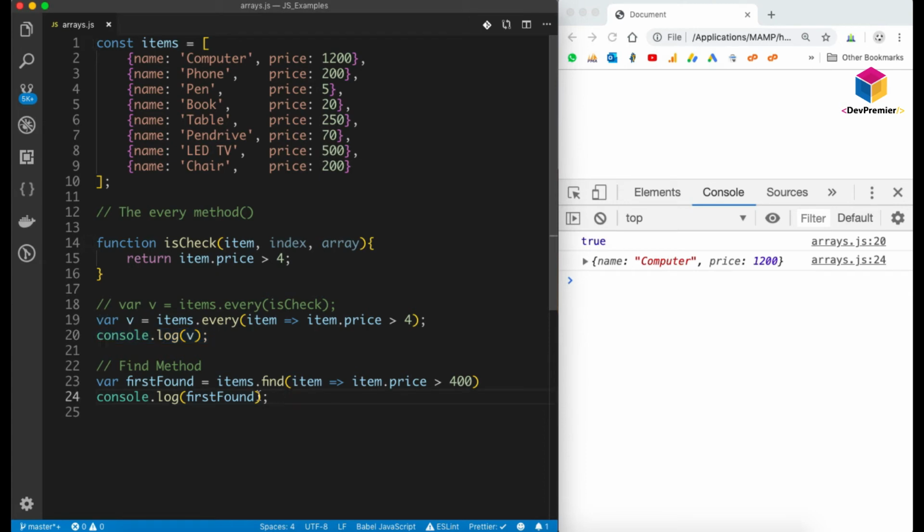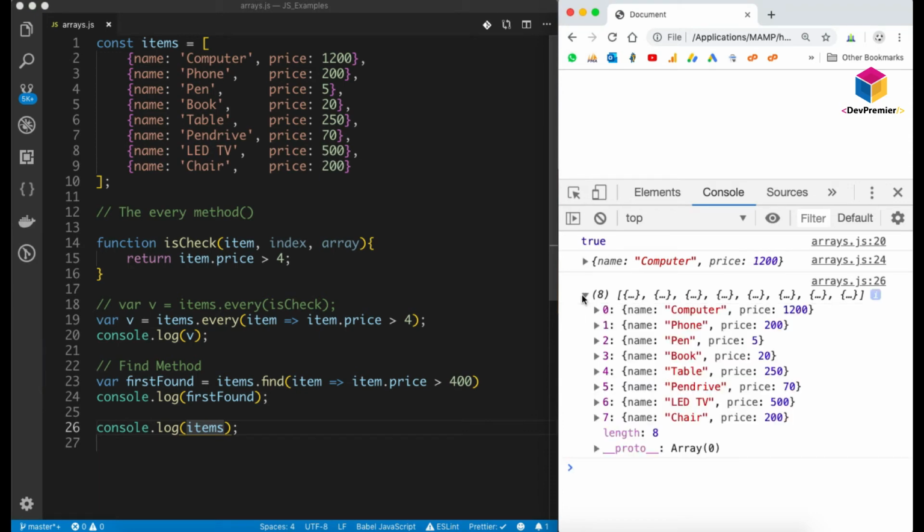This method returns a new array. It will not change the original array items. Let me show you. So you can see that our original array is as it is, and we have another array for the find method.